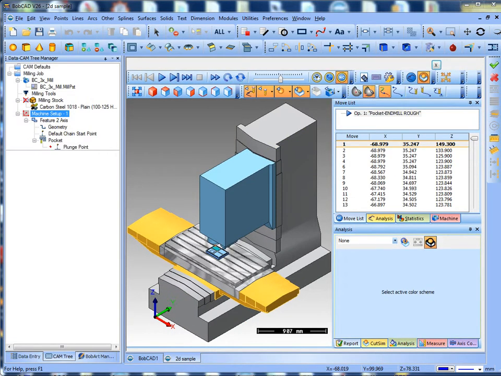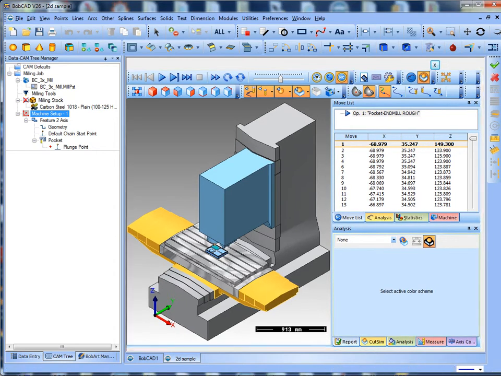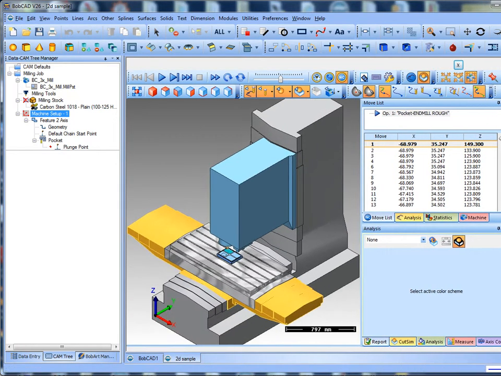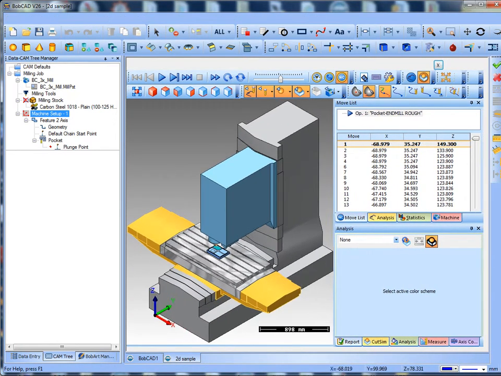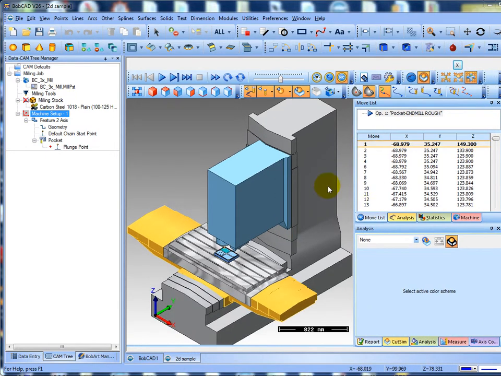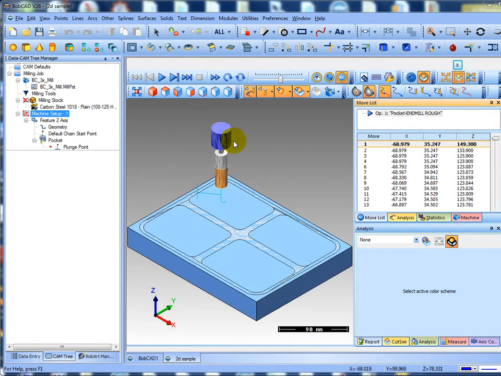Depending on what version of the software you've got, I'm just going to move that out a bit so I can see what I want, which is, that's good. I've got the machine simulation turned on, but I'm going to turn my machine off. It depends which version of the software. If you've got the Pro version, Simulation Pro, it will show the machine as well. But this would be standard in the standard